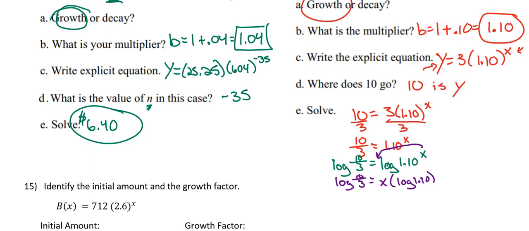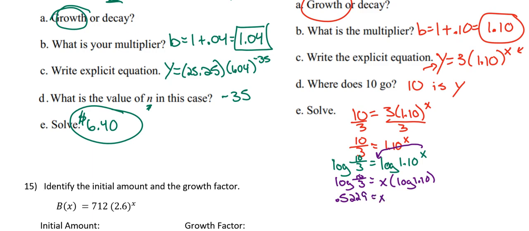Now, I'm just going to go ahead and get the decimals for these just so we can see that we're on the same page. In your calculator, you'll just do the log of 10 divided by 3. And that'll give me, I'm going to go 4 decimal places here: 0.5229